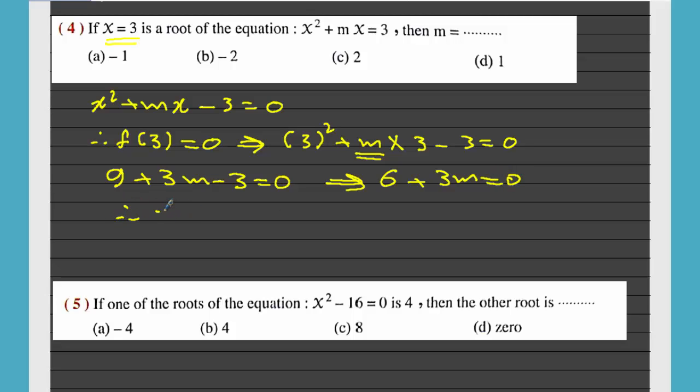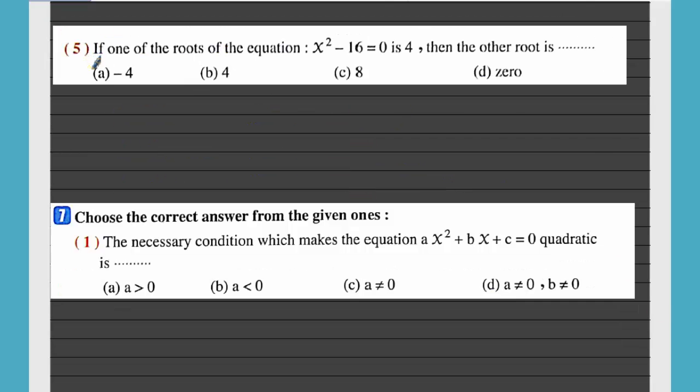So we get 3m equals -6. It means m equals -6 divided by 3, which equals -2, and we choose letter B. Letter B. Next question. We have: if one of the roots of the equation x squared minus 16 equals 0